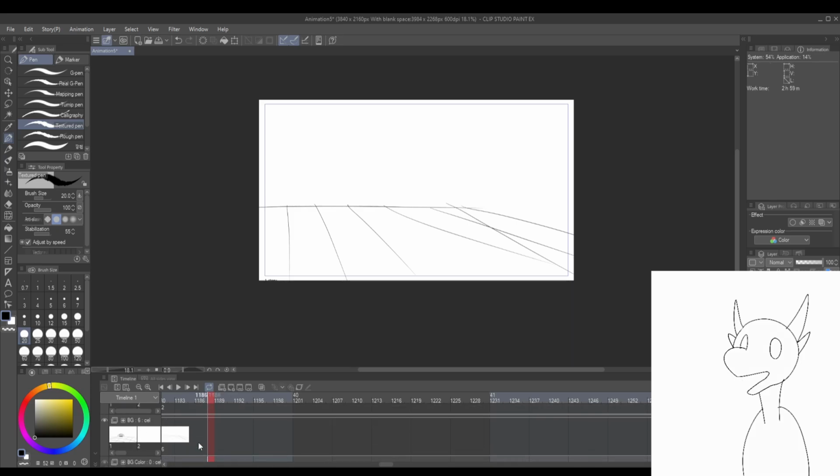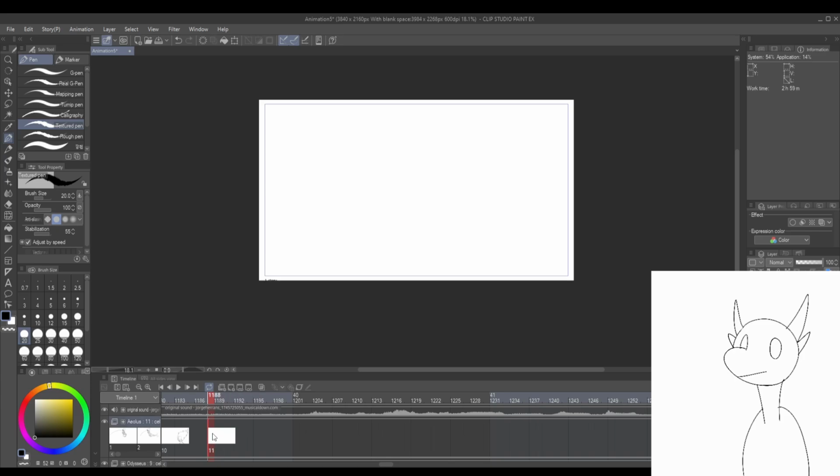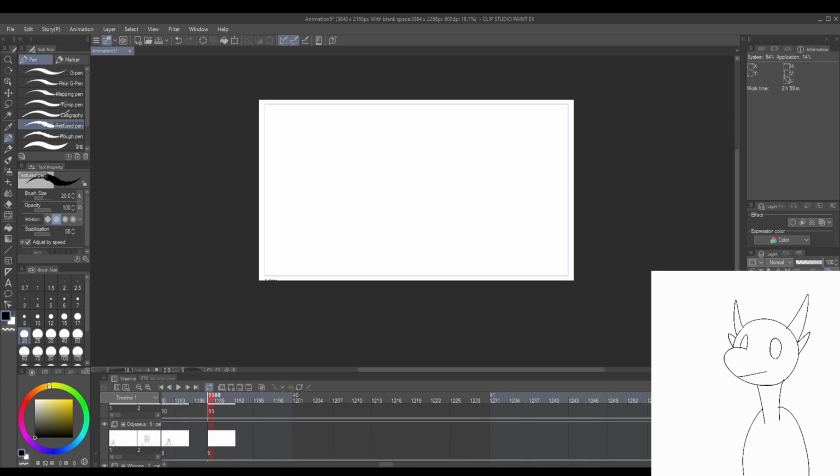Background as well needs to be removed. Not Aeolus yet. Yet. Say yet specifically because